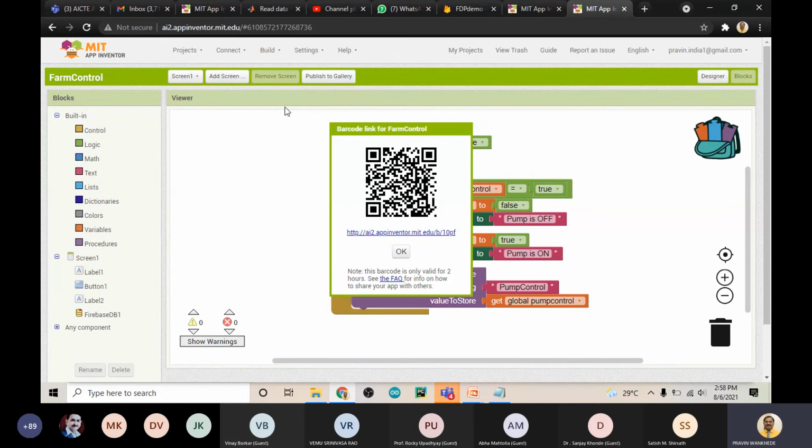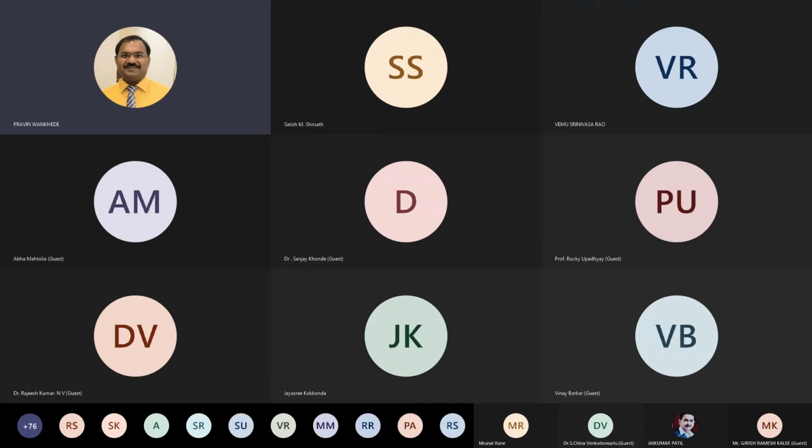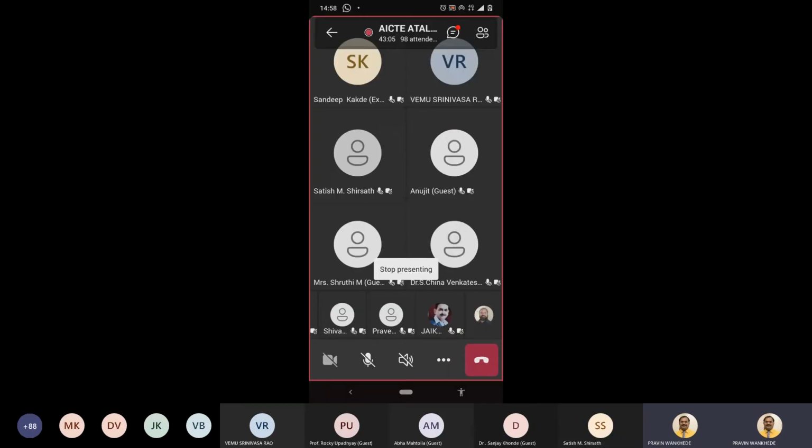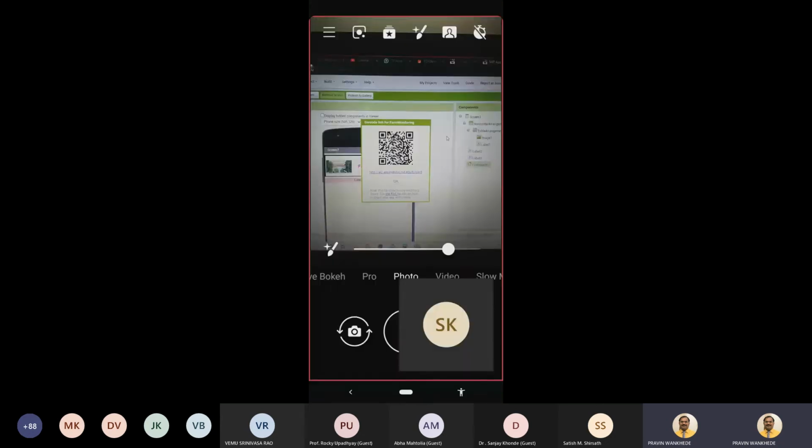Okay, now we got the QR code. Let me share it from the screen. Camera.